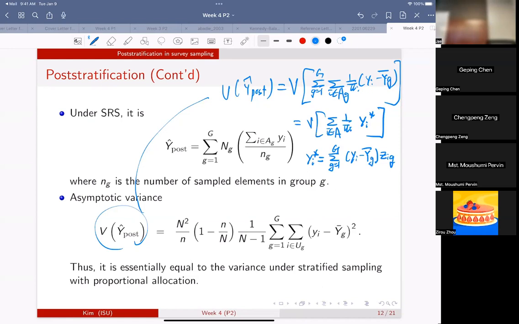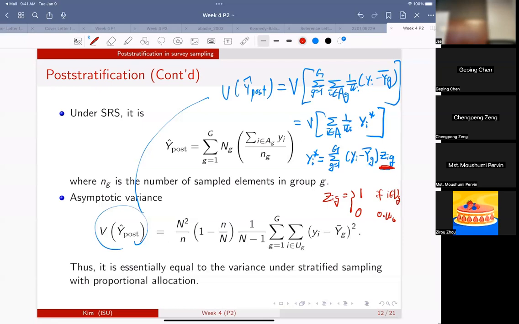So what is this guy? Cig equal to 1 if i belongs to group g, 0 otherwise. You can use the indicator function, right? To define where it belongs to,